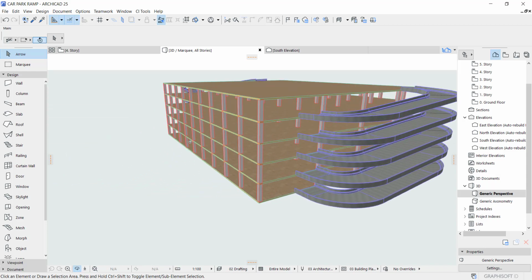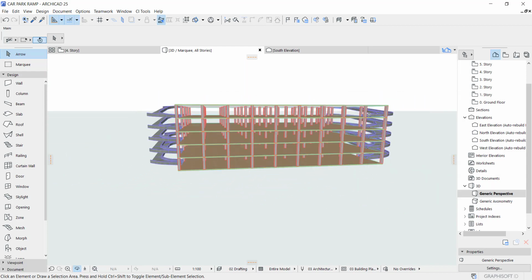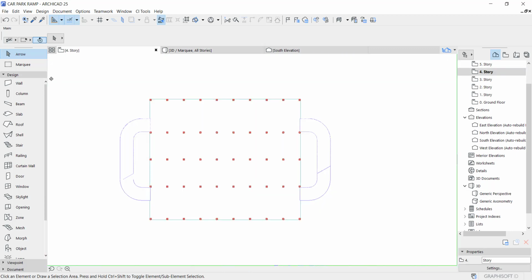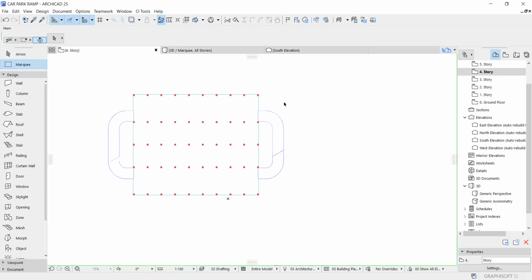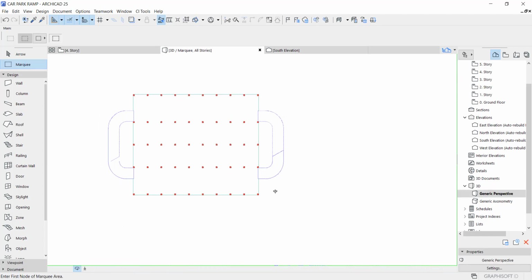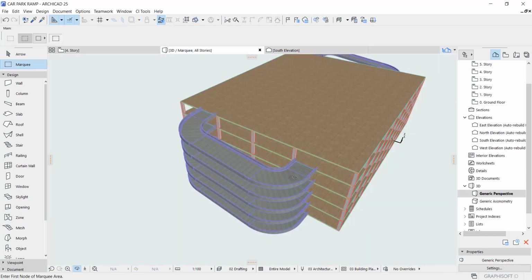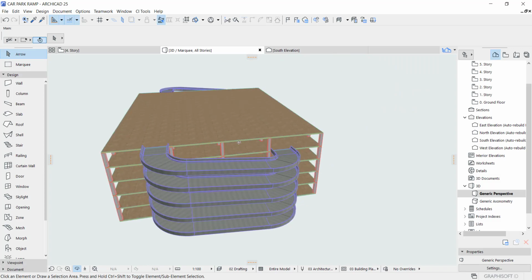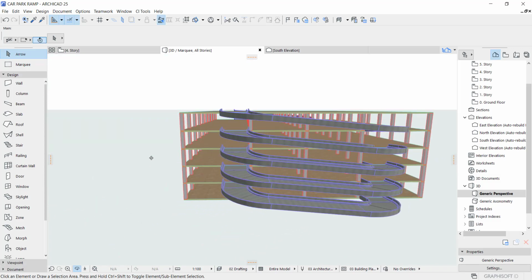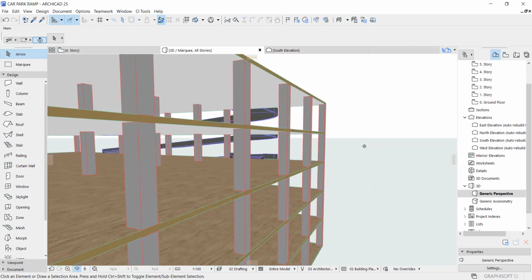Okay, as you can see, this is like a concept. Okay, a quick concept on how to go about a multi-story car park. As you can see,